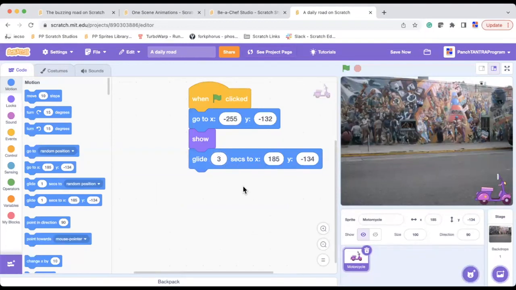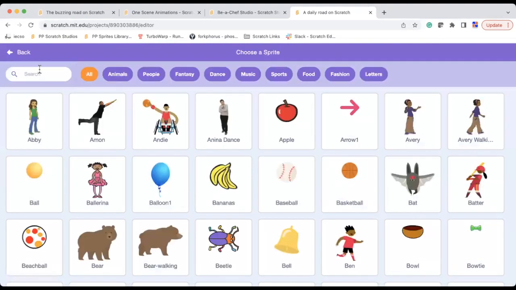Maybe I'll make it glide 3 seconds. So I just slow it down a little bit. Can you all see the bike moving across? Yeah. So now what we will do is we will bring in a few more